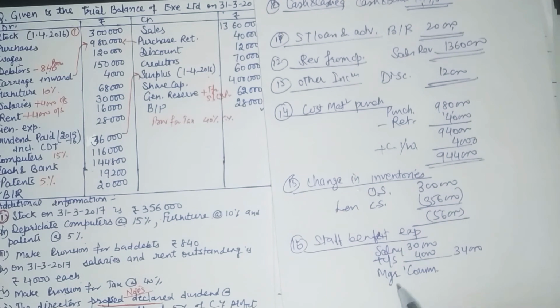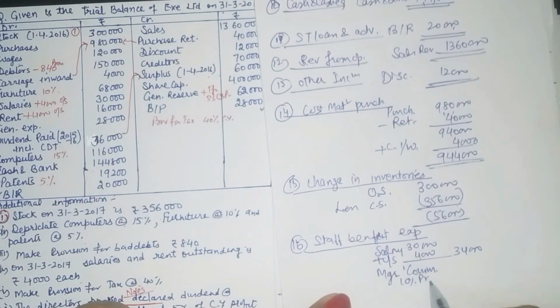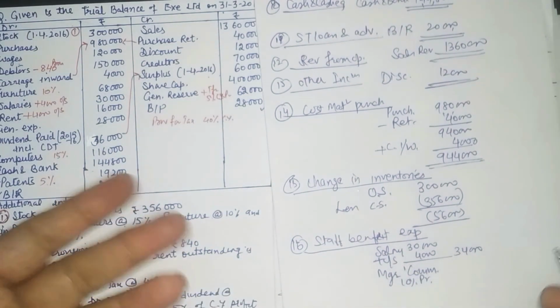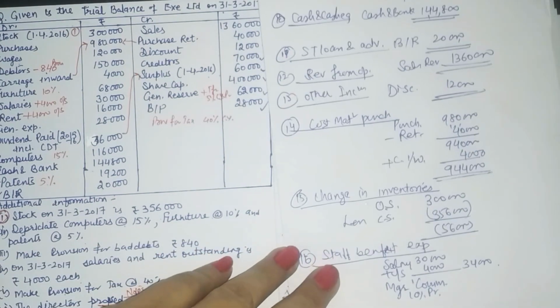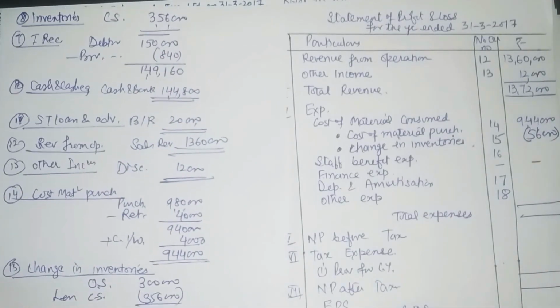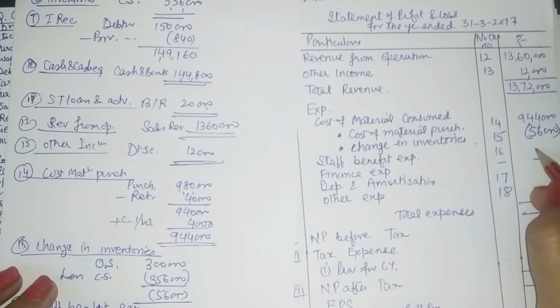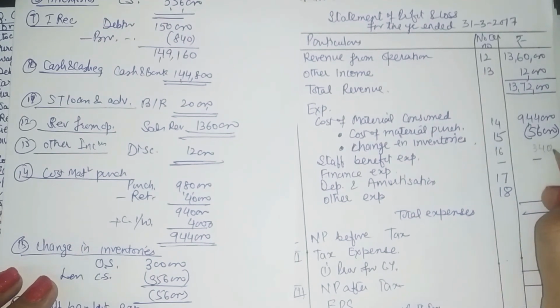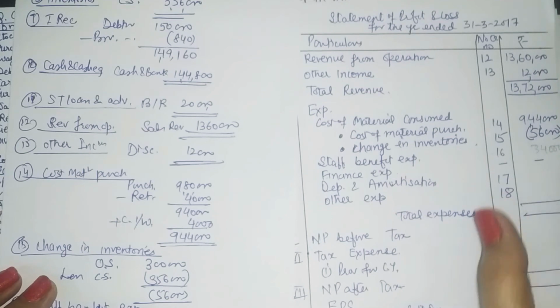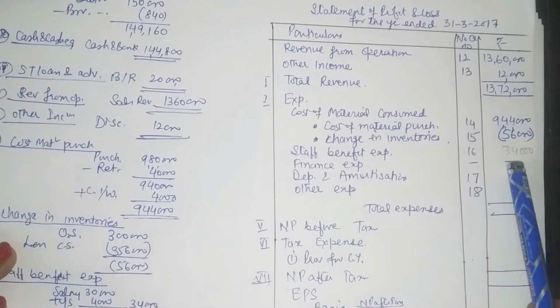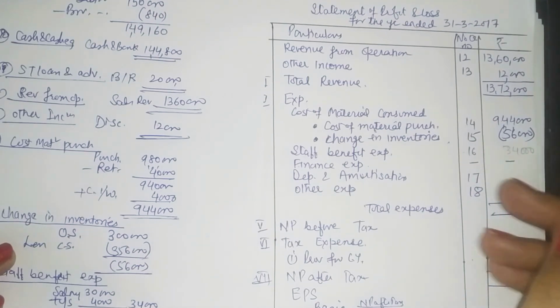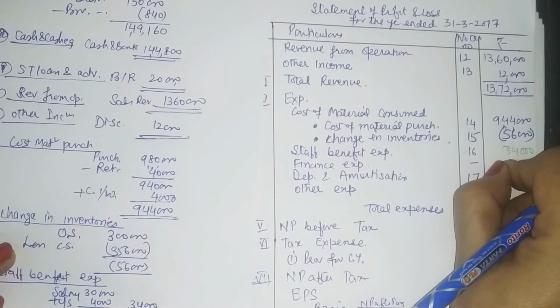Now this is based on 10% of the profits before commission, but we do not know the profits right now. It means we cannot write it yet, but we need to know the profit. So I'll just record 34,000 roughly with pencil, because this is there along with the manager's commission. The manager's commission will be calculated and then the total will be written. But right now I know that apart from that, 34,000 is still there.